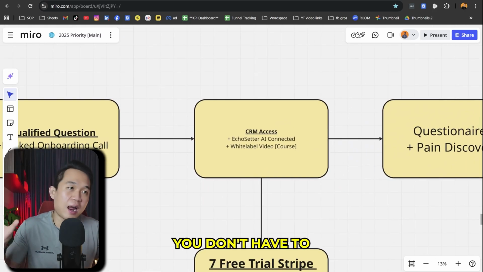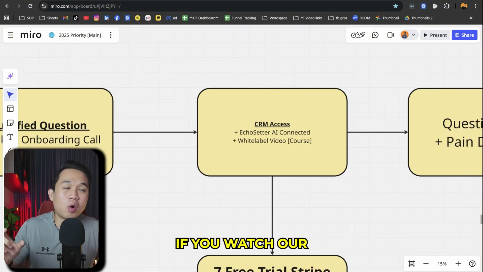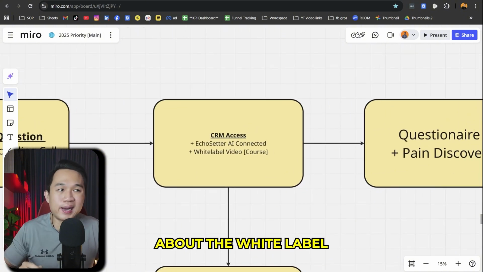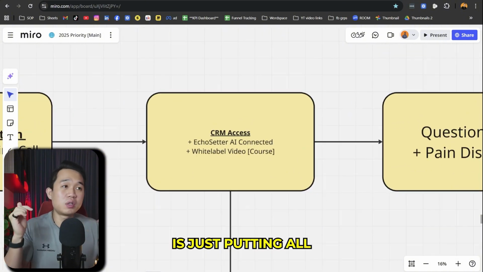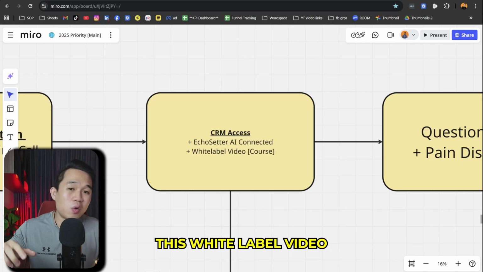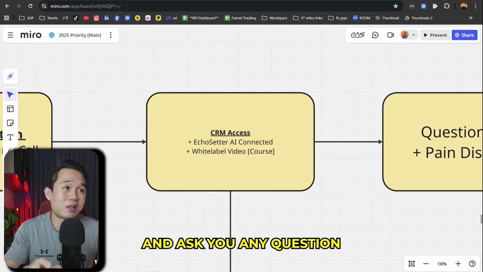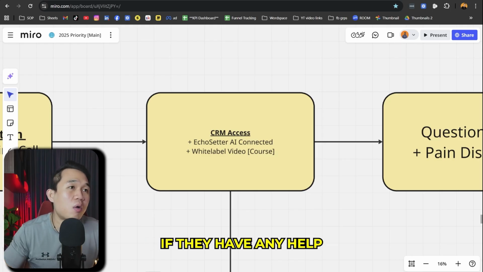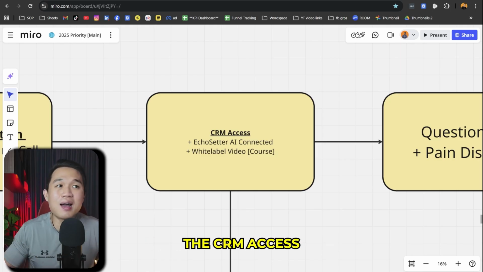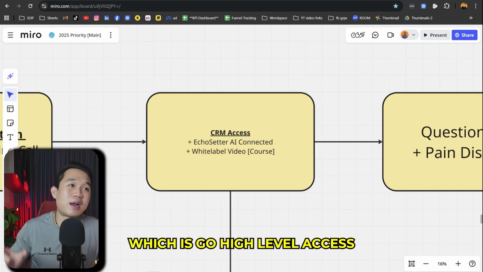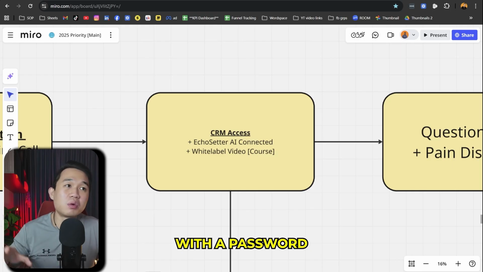When they come on board, we actually want to give them the actual access. And again, you don't have to set up anything. If you watch our previous video about the white label video, all you have to do is put this white label video in a Skool platform and let your client access it and ask you any question if they need help, and then give them the CRM access, which is GoHighLevel access with a password and a username